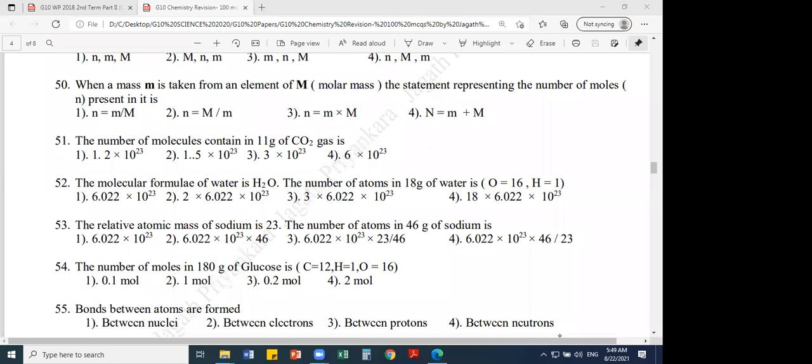Around 24 students, so nearly 50%. Others, they haven't done it. You are just underlining the answer now. Remember, without making an effort by yourself before I discuss, you will not improve. At least now, please quickly try to get the answer before I explain. Then only you will improve, right?